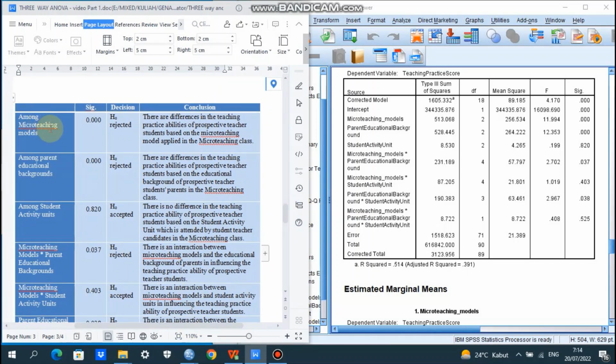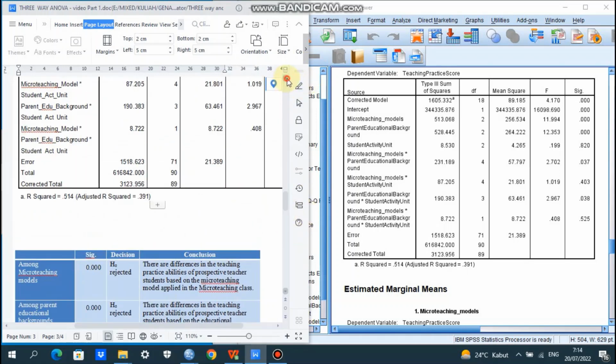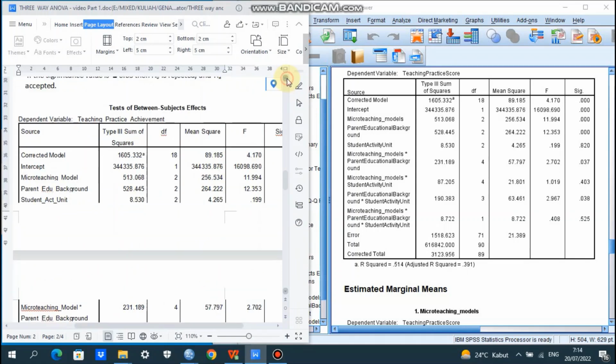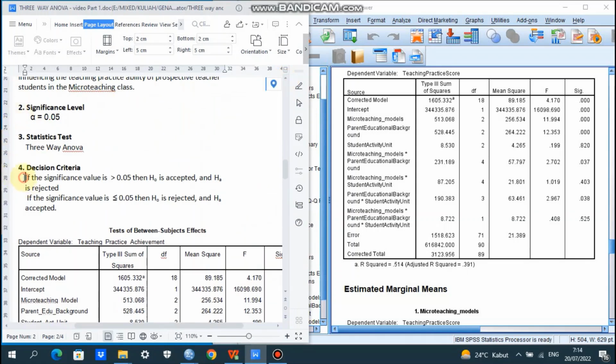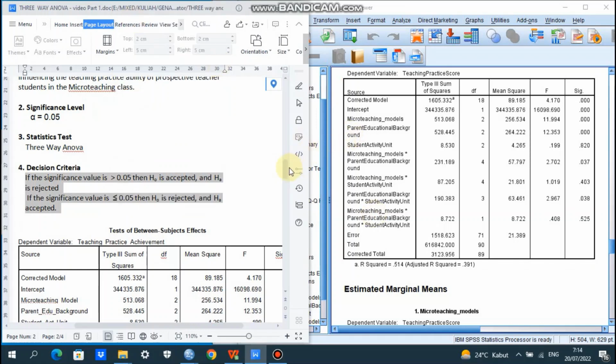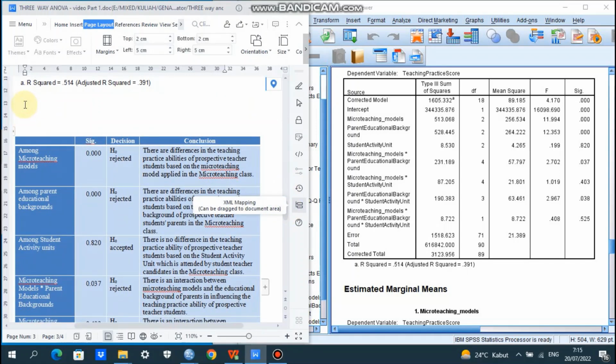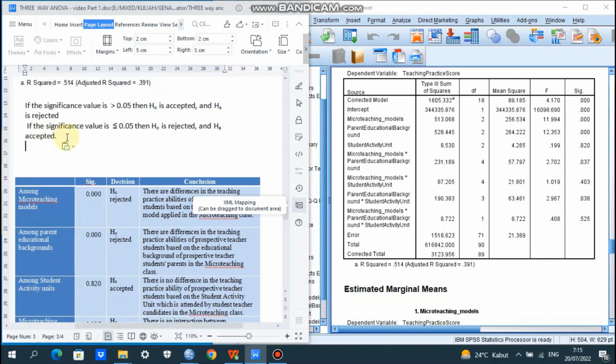Among micro teaching models there are differences, because here we can see that the significance 0.000 is less than 0.05. So there are differences among the implementation of micro teaching models.